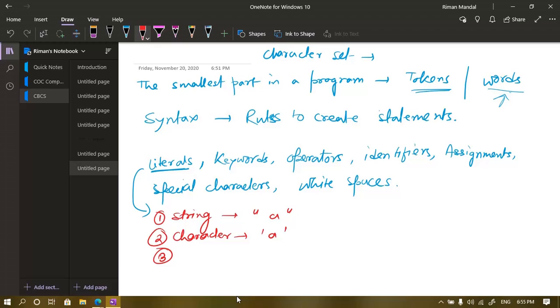Then we have characters. Anything enclosed within a single quote is a character, but if you enclose A and B together, it is not a character. This is not a valid character. Only one character, or one element from the character set, is allowed in a character. So, the character set in a C program